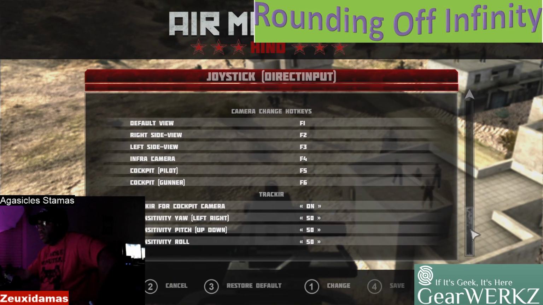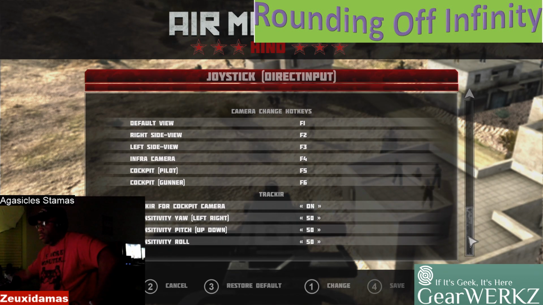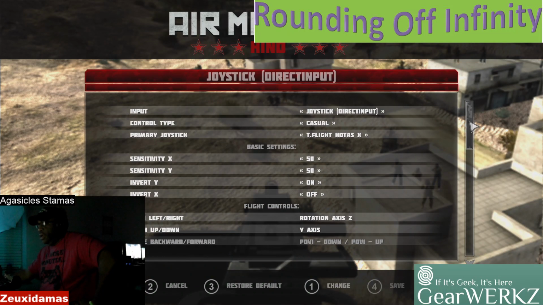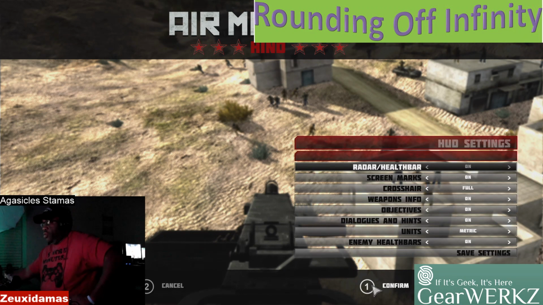cockpit camera. I do not understand that. So I have invert Y on. This is shades of Grand Theft Auto Vice City all over again. So because I'm on this blasted door gun, I'm going to turn that off for right now. But then as soon as it pops me back in the cockpit, I'm going to have to turn it back on. Because I don't really know...